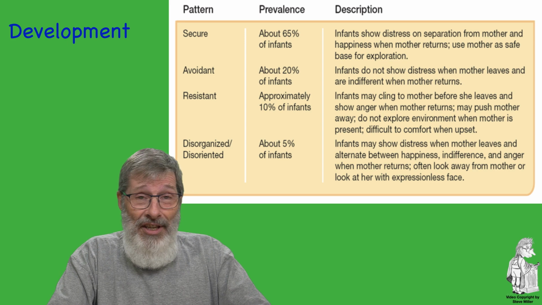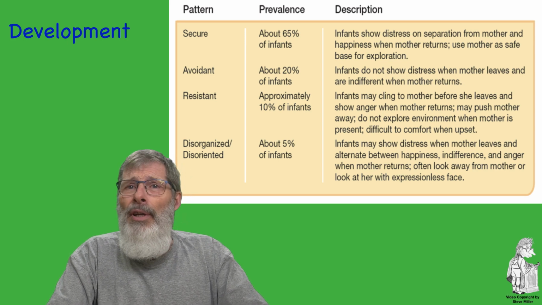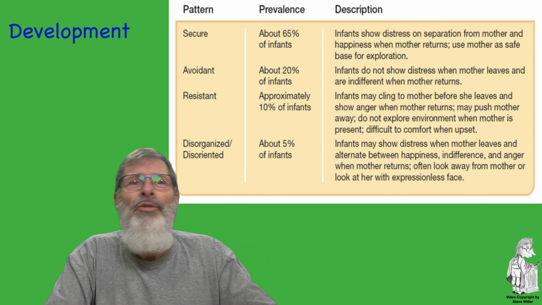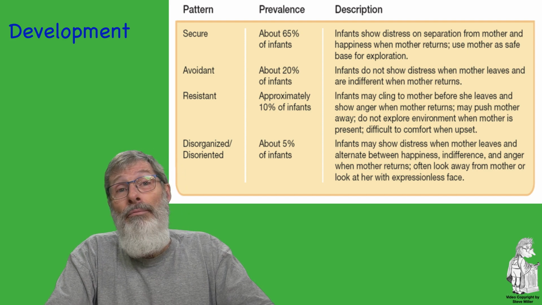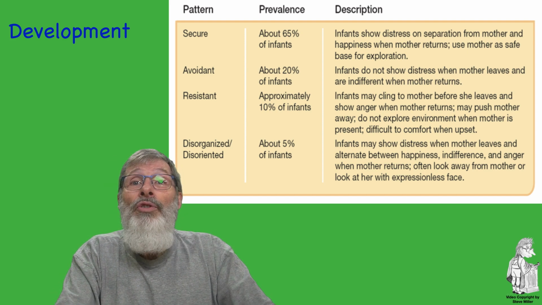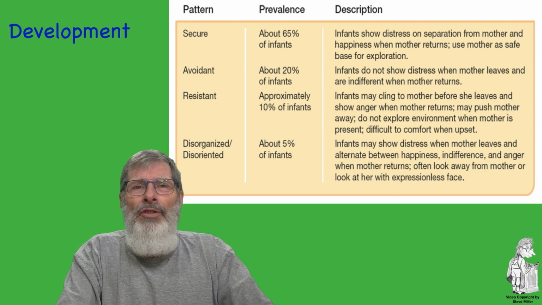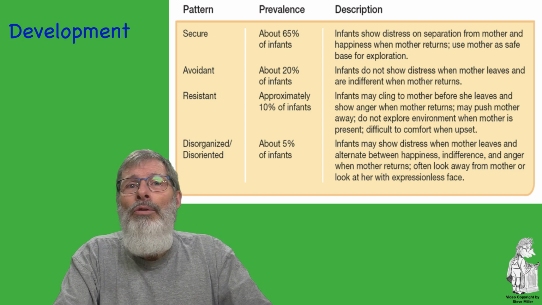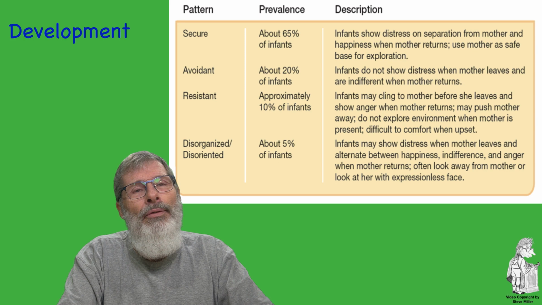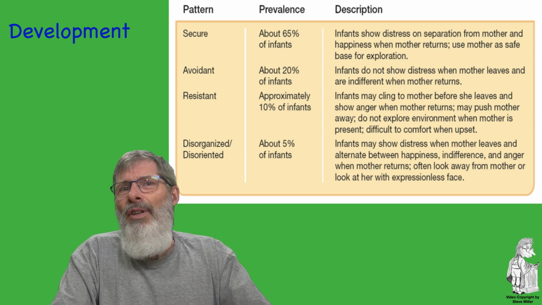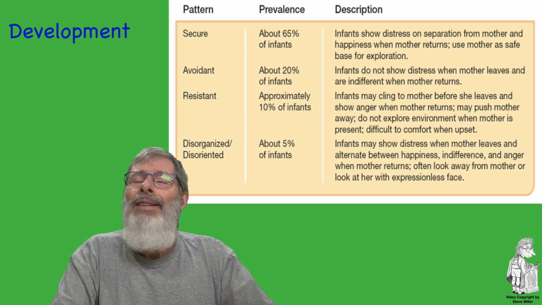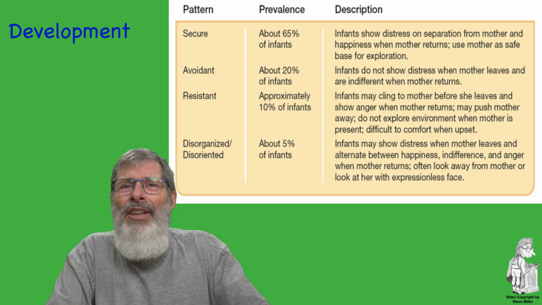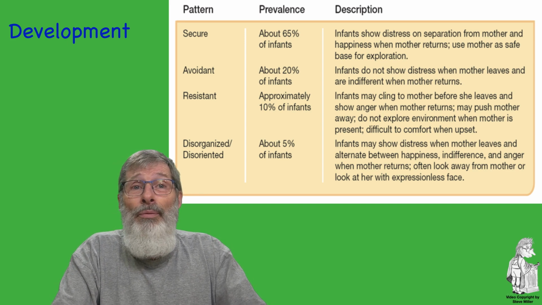The second form of attachment is known as avoidant attachment. Infants are least distressed by their mother's departures. They play by themselves and ignore their mothers when they return. Resistant attachment infants are the most emotional, showing severe signs of distress when their mothers leave, and showing ambivalence upon reunion by alternately clinging and pushing away their mothers. The fourth type is what's known as disorganized or disoriented attachment. The infant exhibits contradictory and ambivalent responses that are indicative of distress upon the caregiver's return.